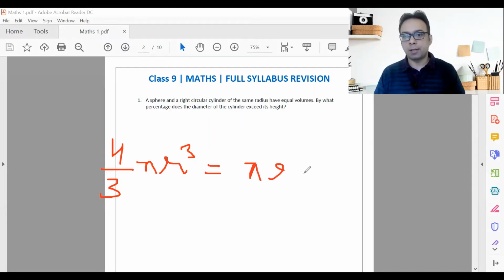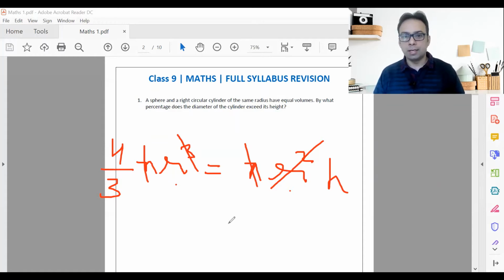And if it is mentioned that a sphere and the cylinder both have equal volumes, that means the volume of the cylinder is pi r square h. If they have the same radius, you may notice I'm using the same variable for both of them, that is r here and r here as well. So let's cancel whatever we can simplify. R square goes away with r square. We will be left with only one single r on the left hand side. Pi and pi can also be cancelled.